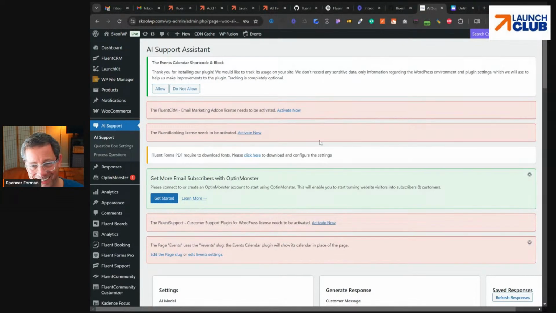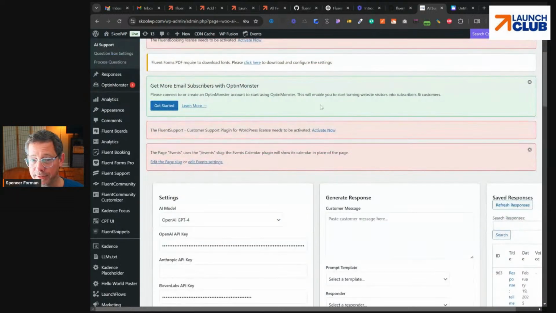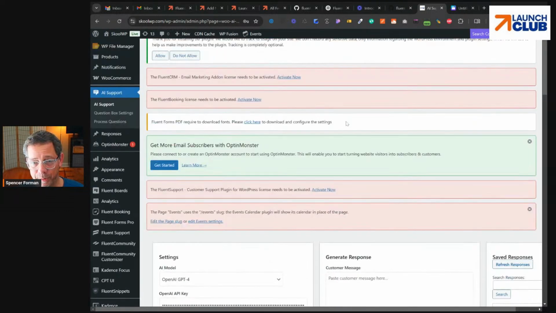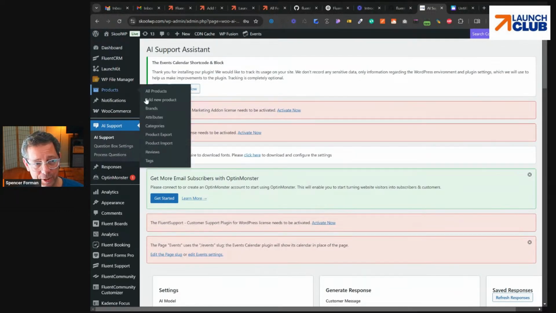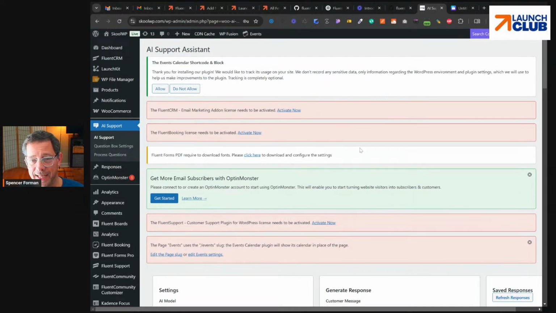by the way, I want to show you this because remember I turned off all of the options for Launch Kit. I just want to show you what the experience is like. This is what normal people have to deal with when you don't have a Launch Kit, right? Every single page, even in my own plugin, has got 1 million of these. Pay attention, you got to pay attention. And several of these are not dismissible. It's like you have to scroll down 40 feet till you get to bedrock. So let's turn Launch Kit back on.